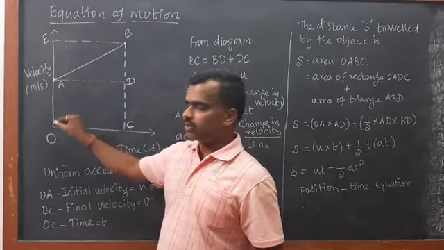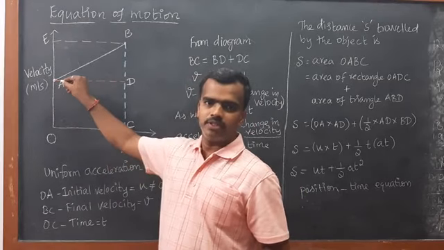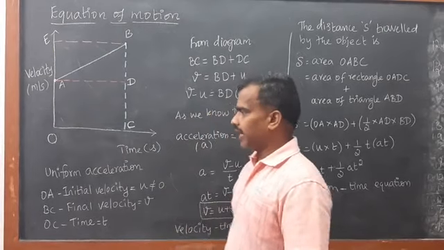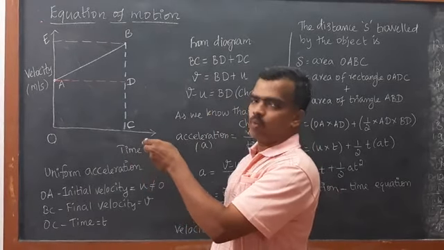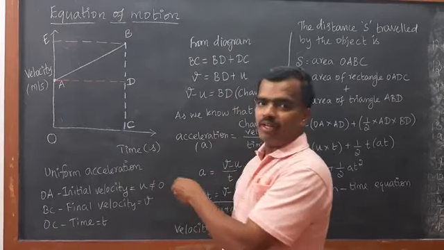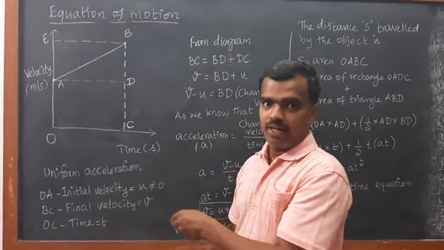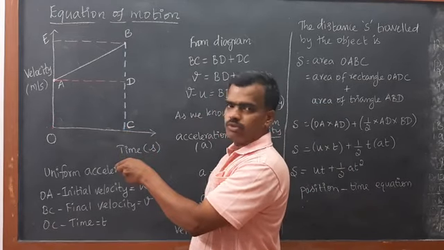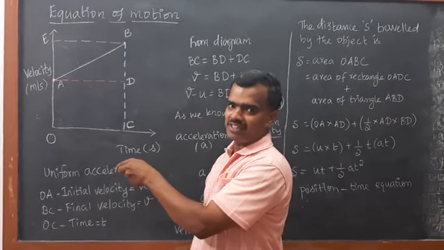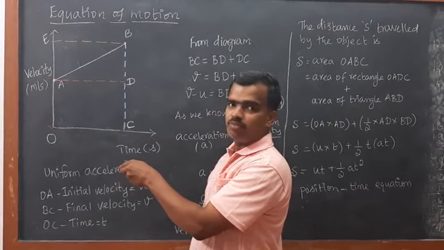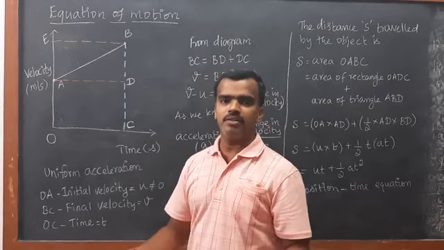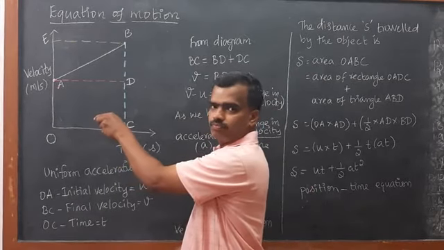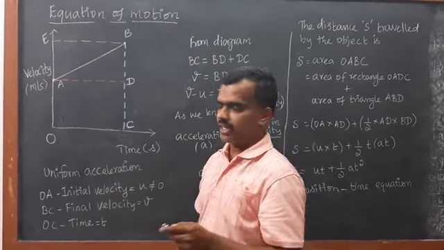So it starts with some value above the y-axis, right? Okay. Here I have chosen velocity on the y-axis and time on the x-axis, right? And the object is started from this position, not from 0. This is our first condition we have. It's not started from 0, 0. It is already moving. In that moving, we count t is equal to 0 seconds at this position, right? Here you made the first mistake.